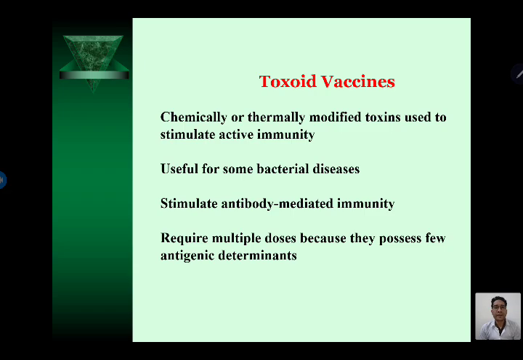So next one is the toxoid vaccines. Chemically or thermally modified toxin vaccines that stimulate active immunity, useful for some bacterial diseases, stimulate antibody mediated immunity, and require multiple doses because they possess few antigenic determinants. Toxoids, you know the tetanus toxoid, which is very common in our community, because